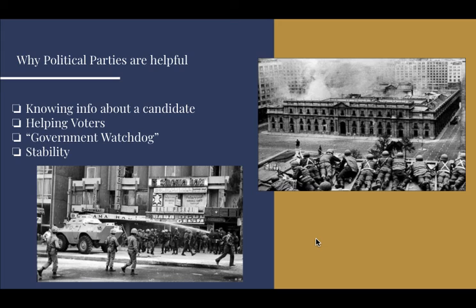Well, it would probably be a revolution, is what it would be. Okay. If we didn't like the Republicans, but we couldn't vote for Democrats, what else could we do but just overthrow the government and install a whole new type of government? And you see that in other countries. You see that all the time with other systems where there's only one party in charge, and they can't do anything to overthrow it. So, really, political parties, we trash them a lot, and they are very frustrating, but they do have some helpful things.